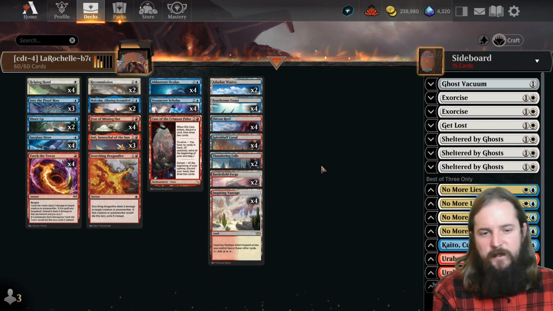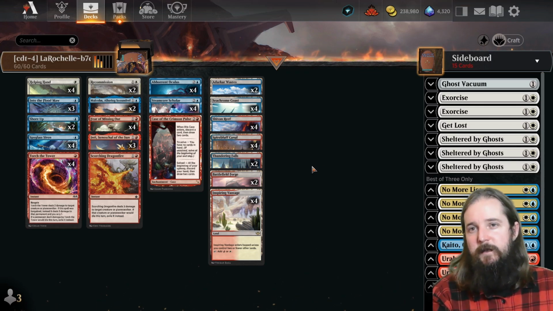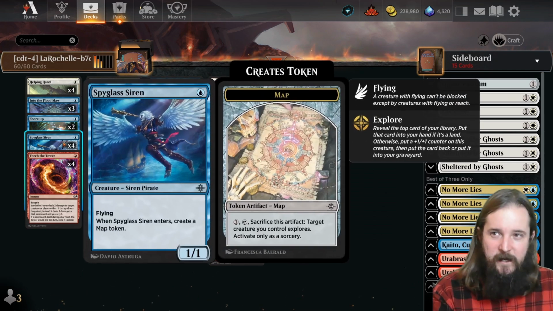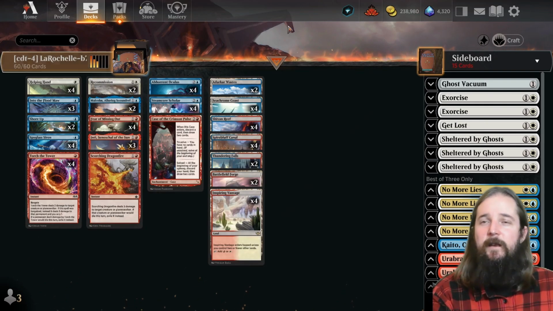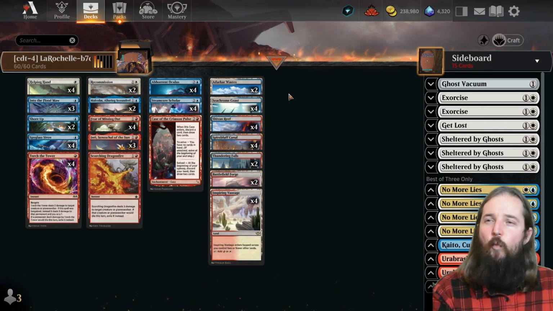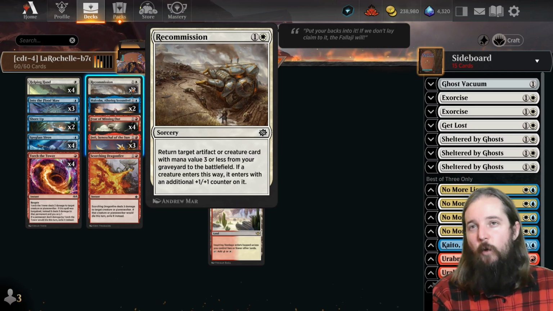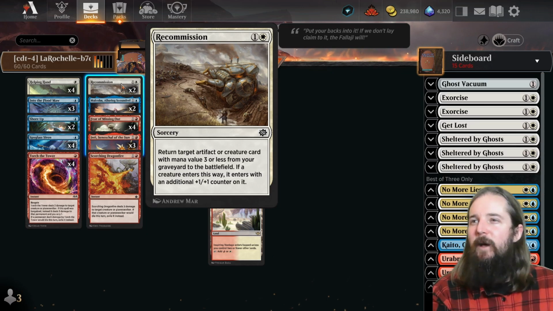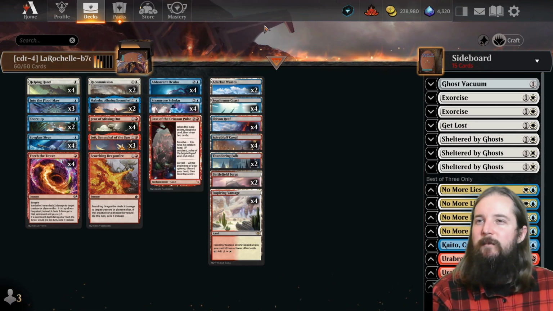You are hitting the numbers spot on for what you need to, right? So you have the 2 tap sources of the Thundering Falls, but that gives you 14 untapped sources for the Spyglass Siren. And the one downside is that you have 12 sources of white, which makes it unlikely that you're going to do a turn 2 recommission. But because the deck isn't really doing any